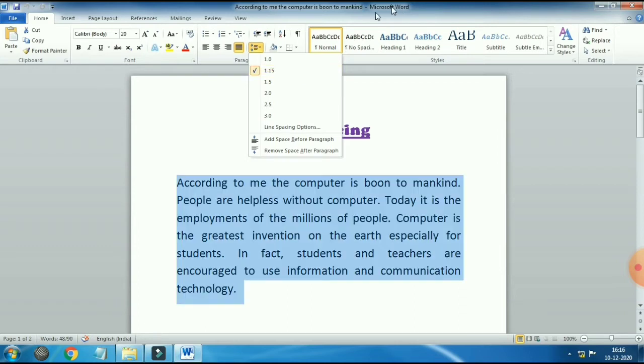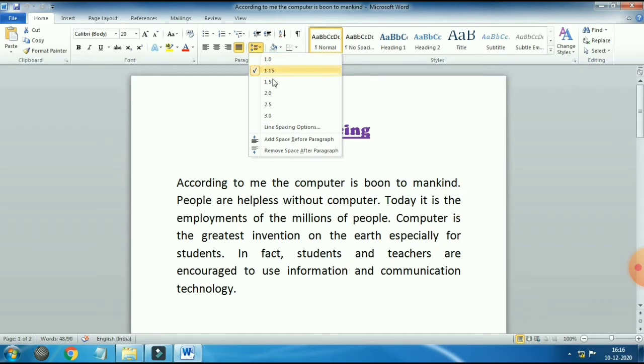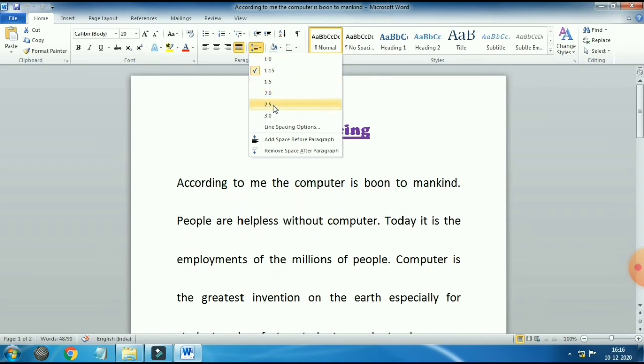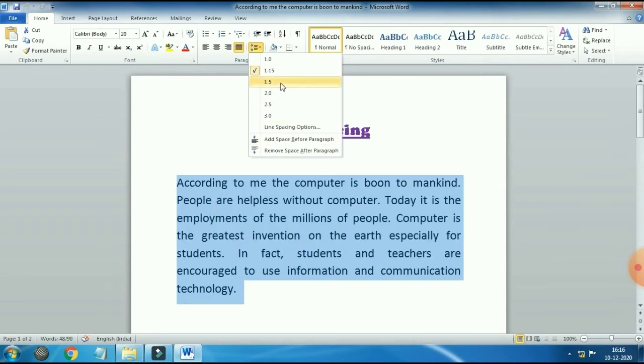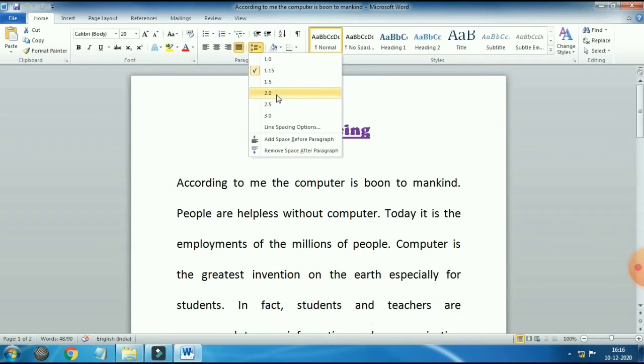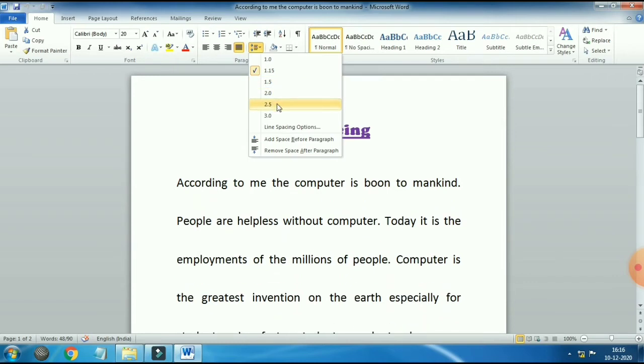When I move the cursor over the line spacing options, the spacing increases and decreases in the document. It will show us the effect of any option before selecting it. Now click on whichever you want.